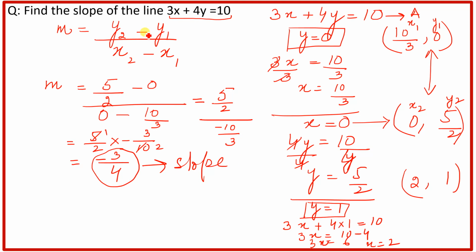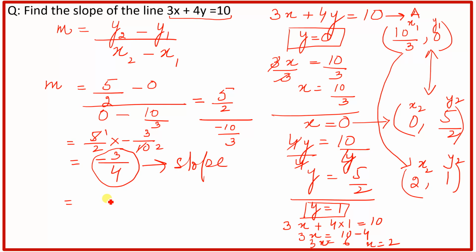So see, y2 minus y1, you have to find out the solution set first, y2 and y1 and x2 and x1. Put these values in this formula and then you can have the value of slope. Now, as I told you that you can take any two solution sets. Now I am considering these two. So now this is x2 and this is y2. So see what will happen.